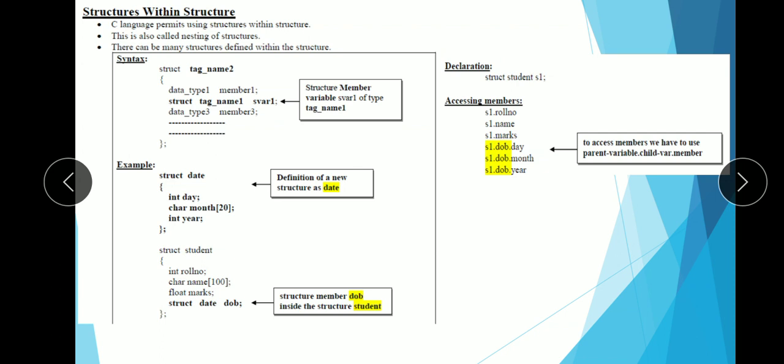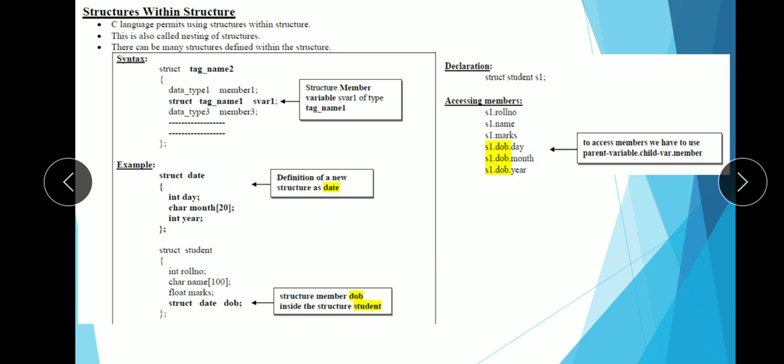Now after declaration of this particular structure, I have to access the members of student. Correct. So I will access these members as S1 dot roll number, then S1 dot name, S1 dot marks. Okay, till here it's fine. Now how to access this DOB? Because DOB is not a normal member. Correct.